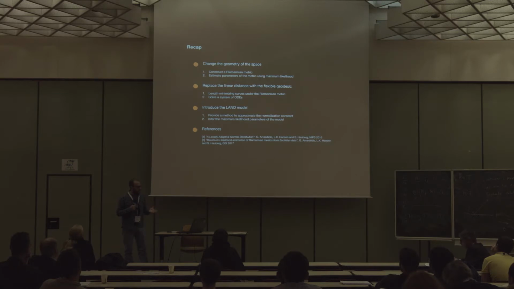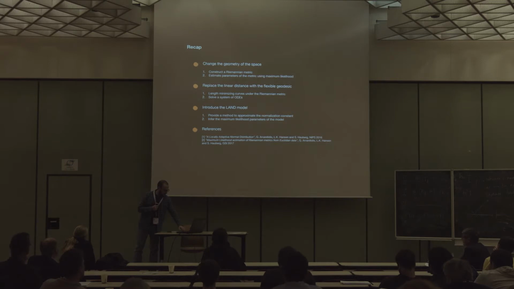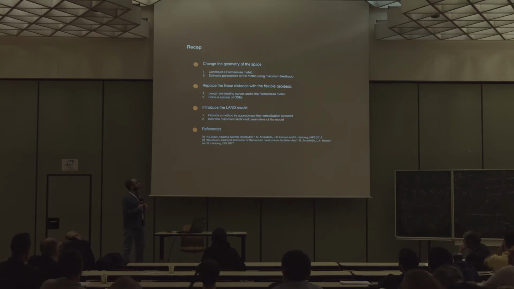So today I'll show you how we can change the geometry of the space basically by constructing a Riemannian metric from our data, or learning the Riemannian metric from the data. And we provide a systematic way of estimating the maximum likelihood estimation of the parameters of this metric. Then, having this metric, we can start talking about the geodesics, which are length minimizing curves that tend to be close to the data. In order to do that, we have to solve a system of ordinary differential equations, as